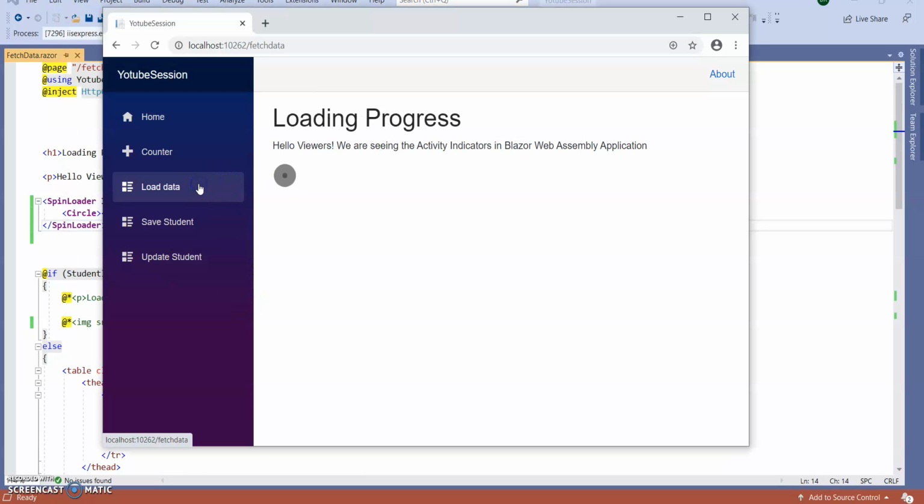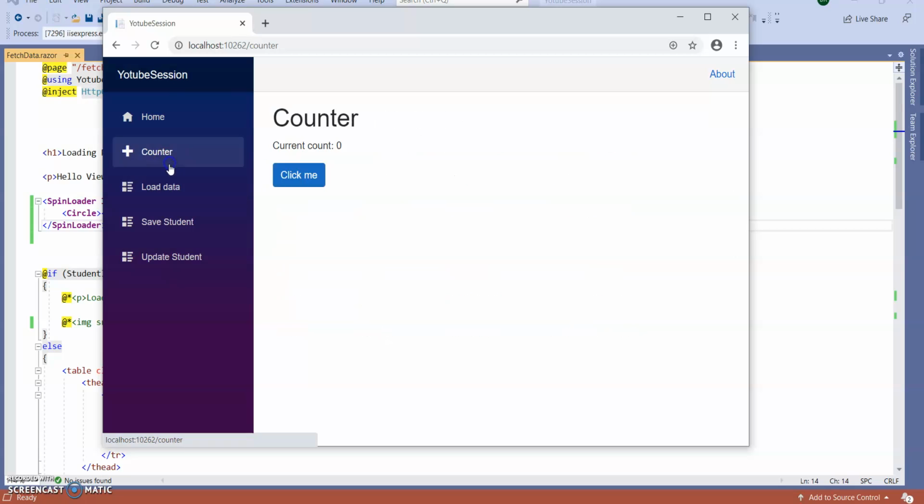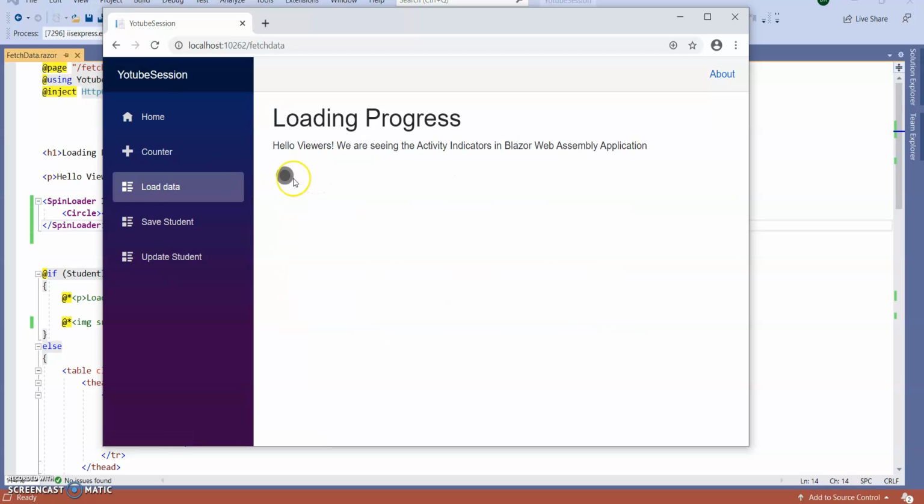Let's go to load data. You can see it is displaying until the data is loaded. Once the data is loaded, it is getting hidden.